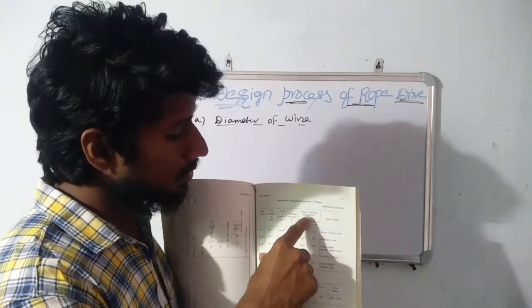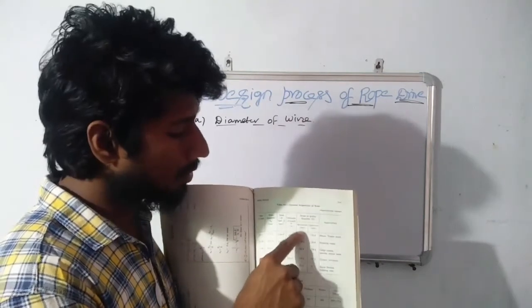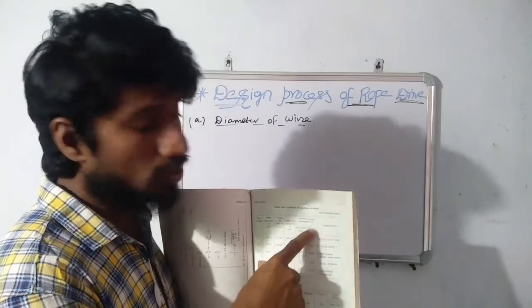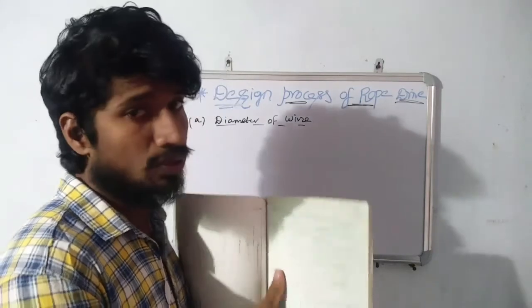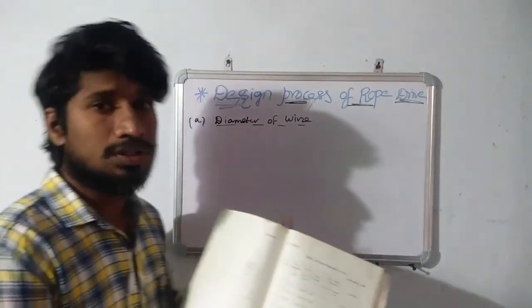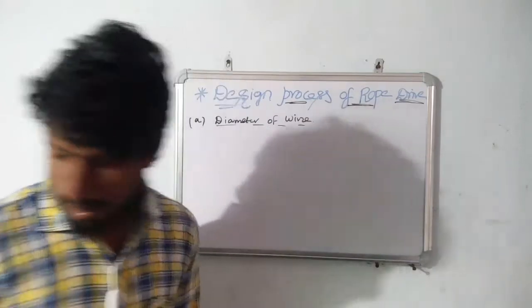And after that, it is also mandatory to find out the drum or pulley diameter in case of the minimum condition or in case of the maximum condition. By using these conditions, we are going to find out the general properties of rope wire. So this is about another step here.